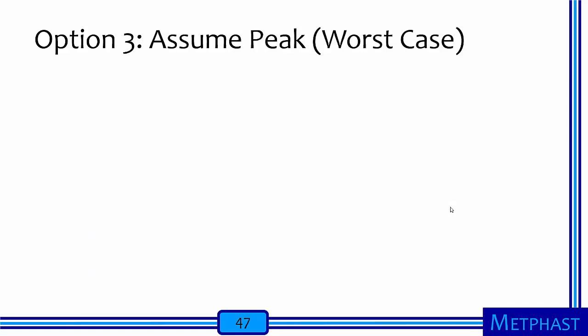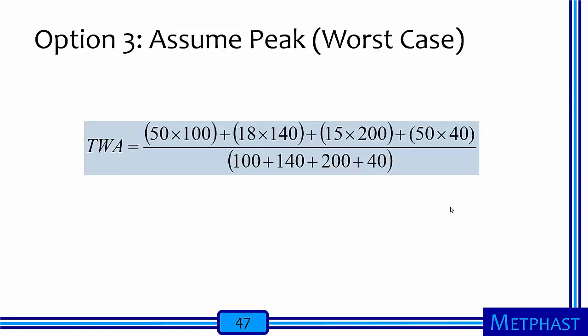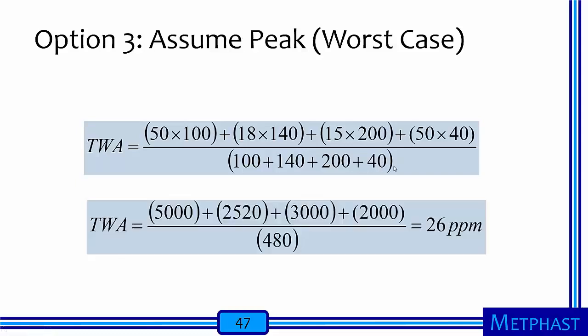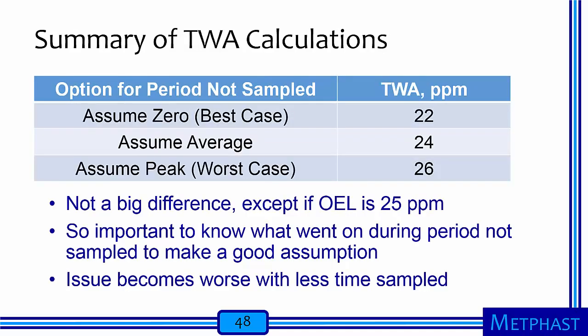The last one is to assume the worst case. And so here I've got, again, my 50 ppm, 18 ppm, 15 ppm. These are what I actually measured. And then I'm going to use, for that missing 40 minutes, the highest concentration. So here's 50 ppm for the remaining 40 minutes, and I divide by my 480, 8 hours of measurement, and I get 26 ppm. Here I summarize these results for different options: